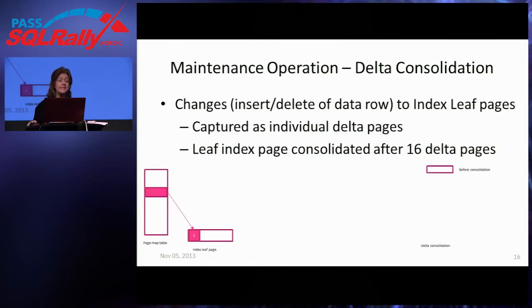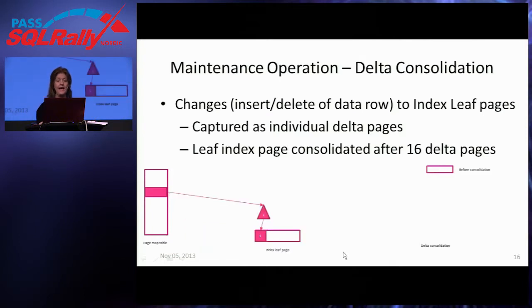but SQL Server is not going to take this existing page here and put a 2 on it. That would be an update of the page itself. The page would be changed. No, it's not going to do that. Instead, it creates a delta page and then updates the memory pointer so that whenever we want to go to this page, we first go to the delta pointer that says, oh, keep in mind that while you're looking at this page, there's also a row with 2 on it. And then we get to the page and also see the 1.